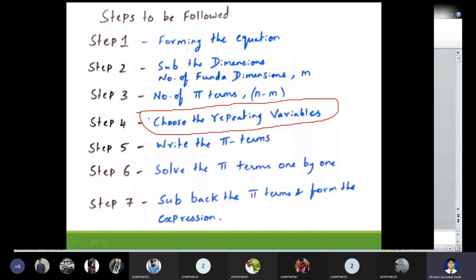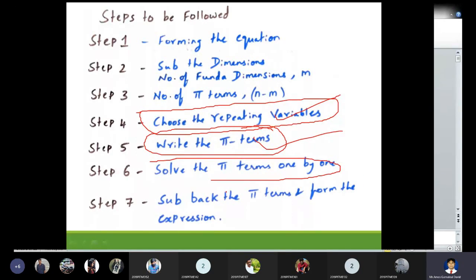Okay, it will not be in the correct form. So this choosing of repeating variables should be done carefully. Then step 5 will be writing the pi terms. After choosing the repeating variables, you have to write the pi terms, then solve the pi terms individually, one